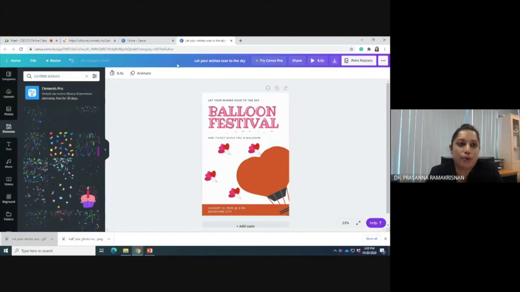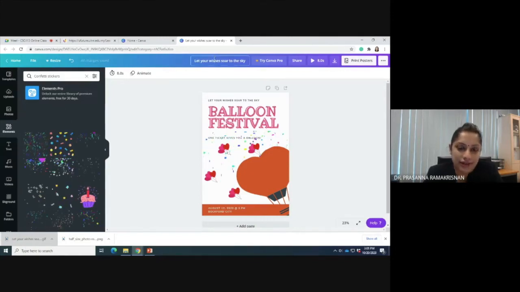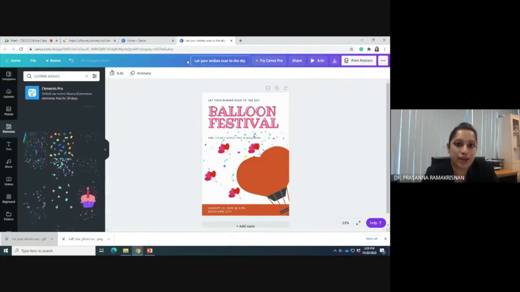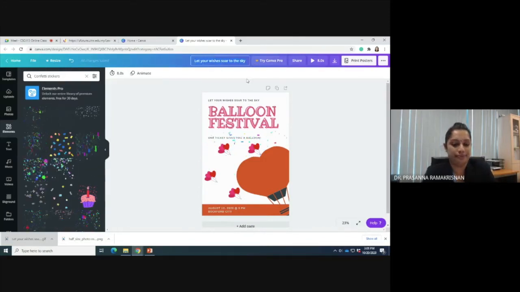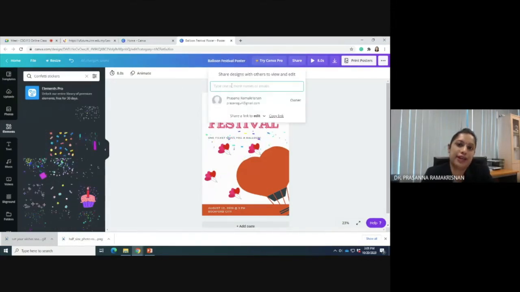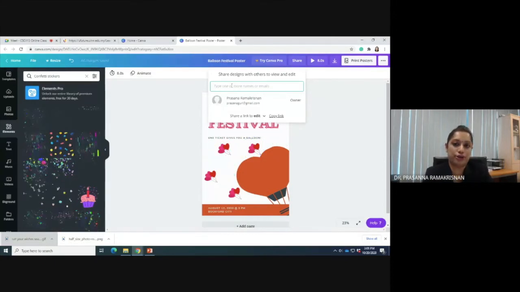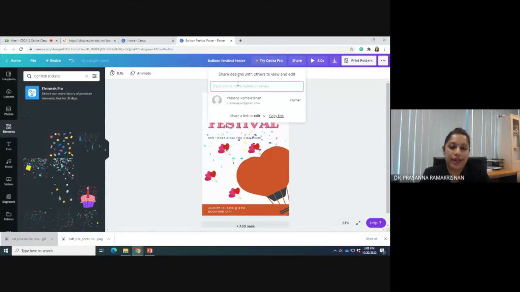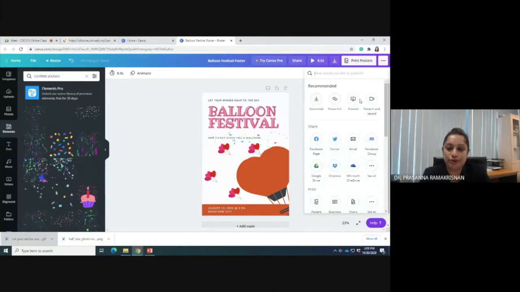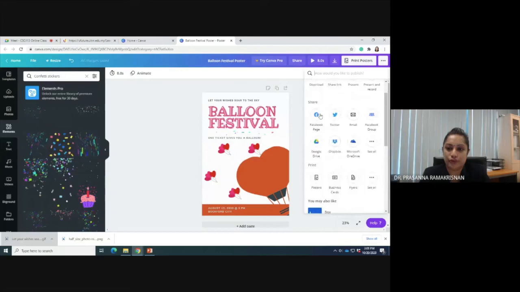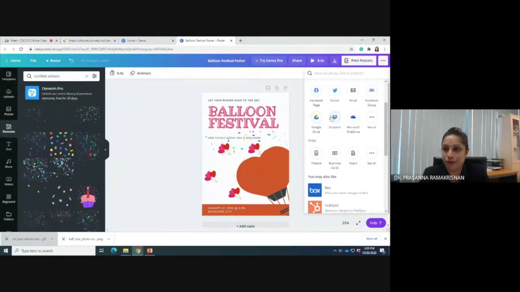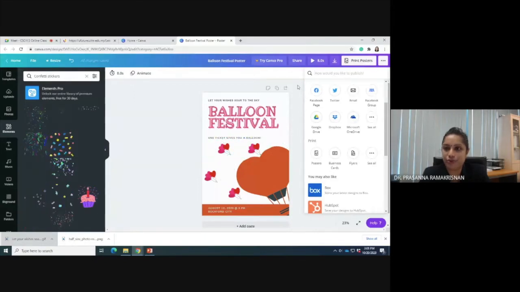Anything that you're working on the screen will be saved automatically because you're using the cloud. You can also save it as a different name. You can also share it. Let's say you want to edit together with your friend, you can put in their name and both of you can edit together. And you can share the link, download, present. These are the things that you can do with Canva. You can also save it in your Google Drive, Dropbox, OneDrive, anything, wherever you want, you can just put it straight there.